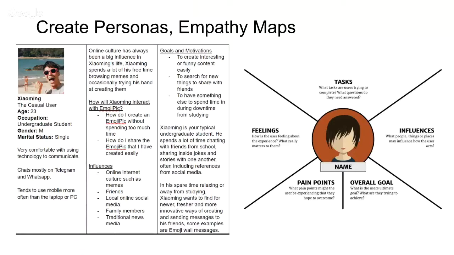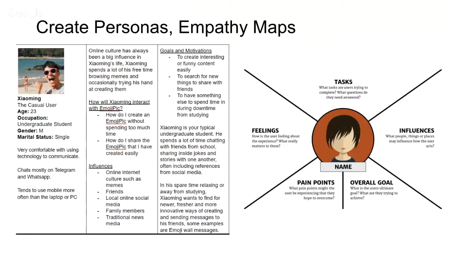Let's say I'm creating a social application for creating emojis. I've got this social platform for creating emojis. Then I start to think, maybe a millennial might use it. So I create this persona and even give him a specific occupation. This is how specific you have to be in certain applications. Let's say I'm creating NUS bots all over again. I need to know his occupation. Maybe a lecturer needs to use NUS bots. Who knows? I'll start to list down how this person will interact with my application, the influences he has around him,